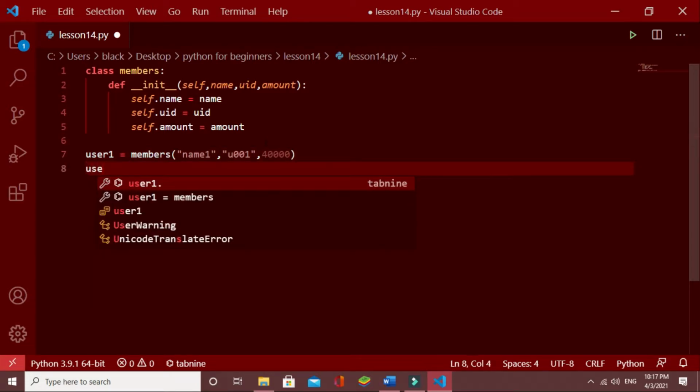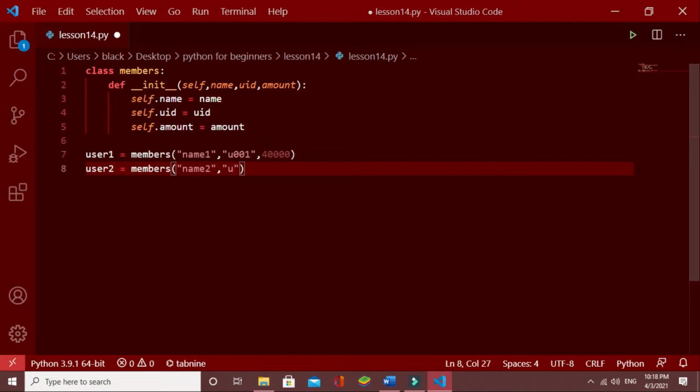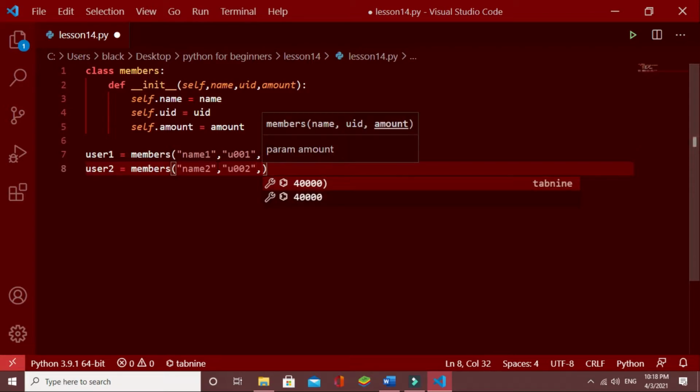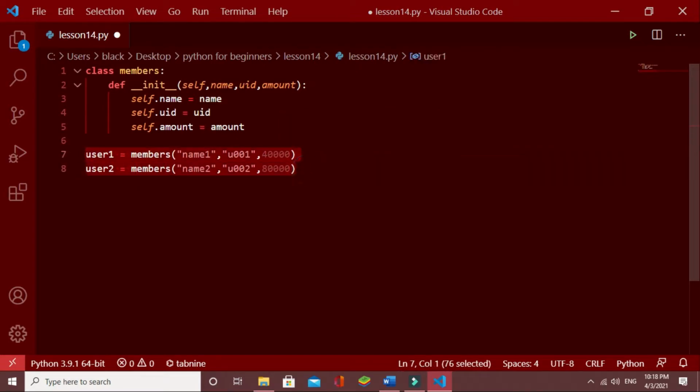Likewise I'll create another user, user2, equals members. Here I'll give name as name2 and UID as U002 and amount as 80,000. Now we have two objects.